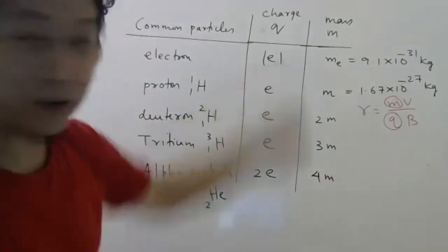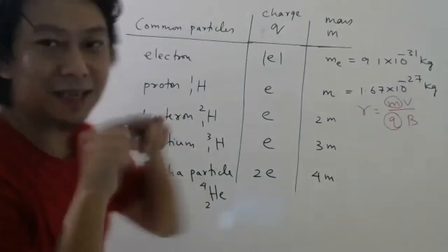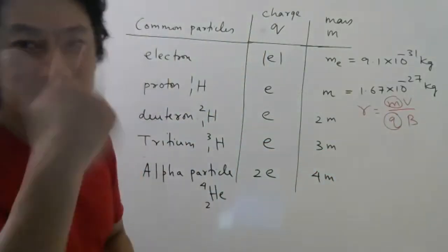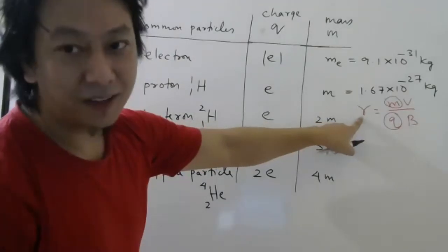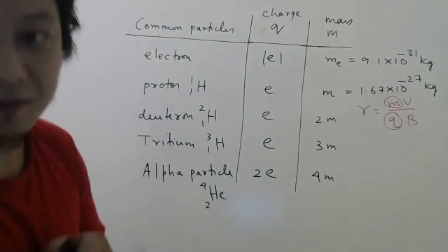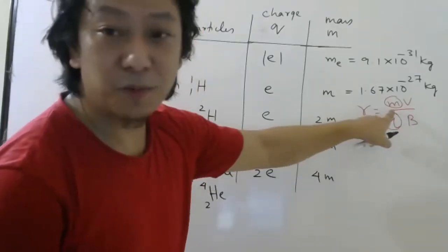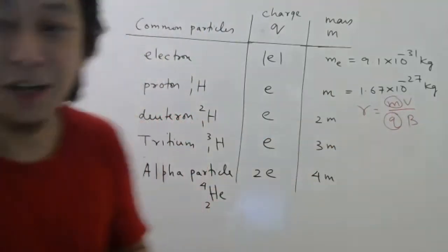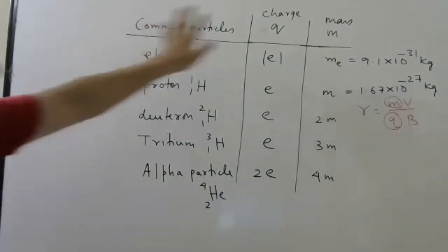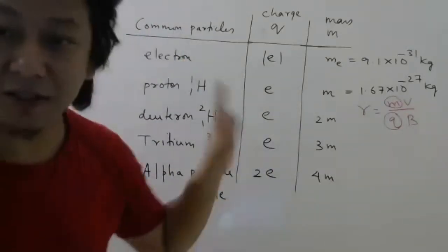All this is important because in some exams they will say a proton and an alpha particle are moving with the same speed in the same magnetic field. What is the ratio of the radius? To find the ratio of the radius, you have to find the ratio of the mass and the ratio of the charge, inverse ratio, because radius is inversely proportional to charge and directly proportional to mass for different particles. For the same particle, obviously mass and charge are constant. So remember this. If you can add more, you can add, but these are the common ones in physics.